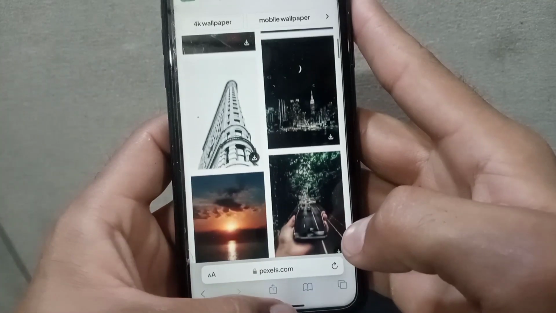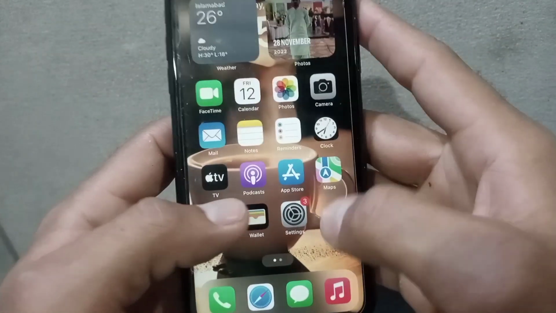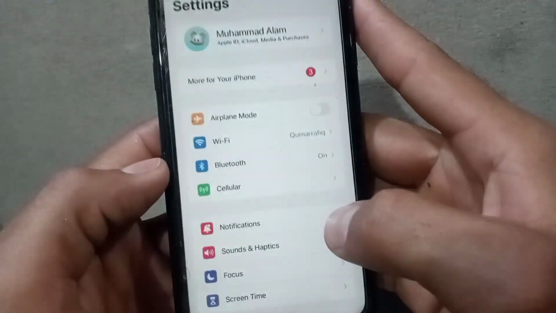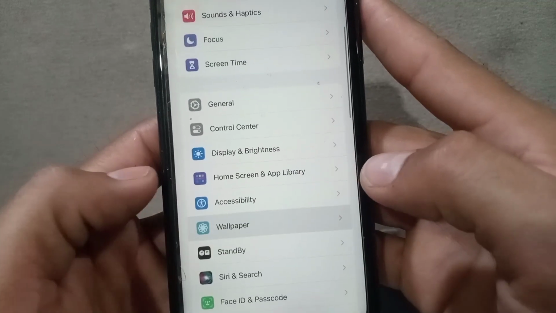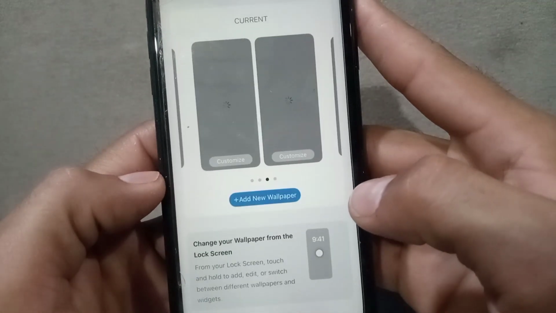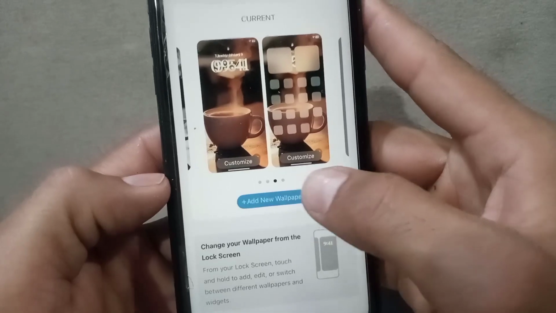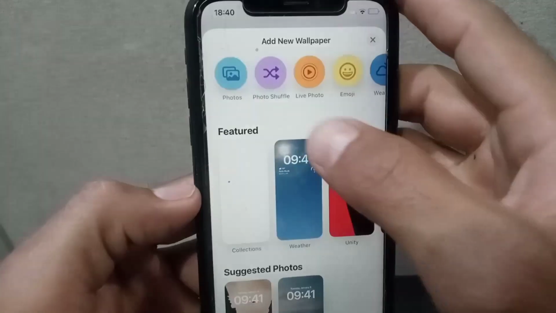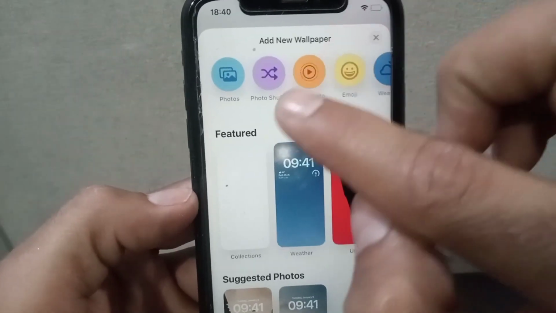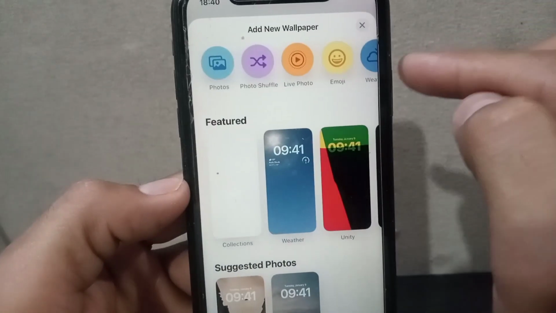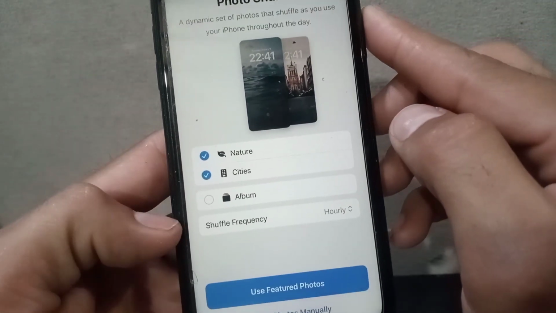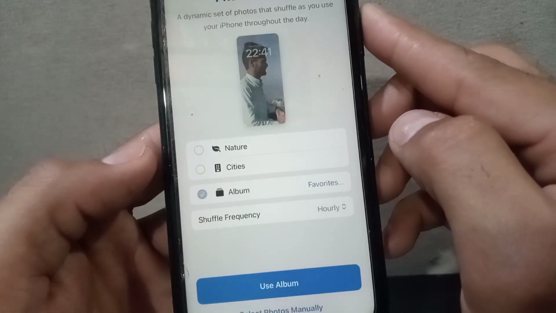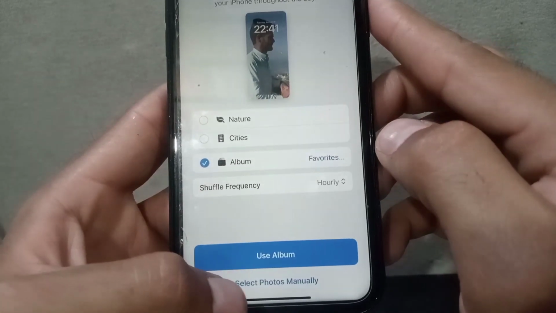So close this window and open the Settings application on your iPhone screen, scroll down and tap on Wallpaper, and tap on Add New Wallpaper. Tap on Photo Shuffle here, and now guys, here are many options. Simply tap on Album, tap on it, and now guys, select photos manually,